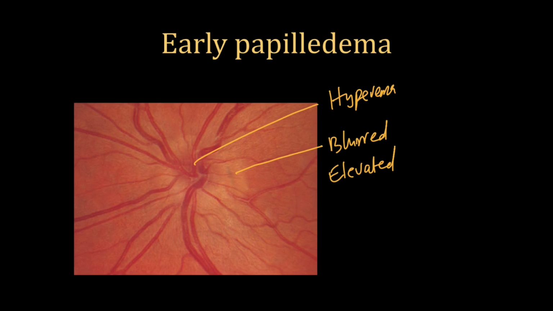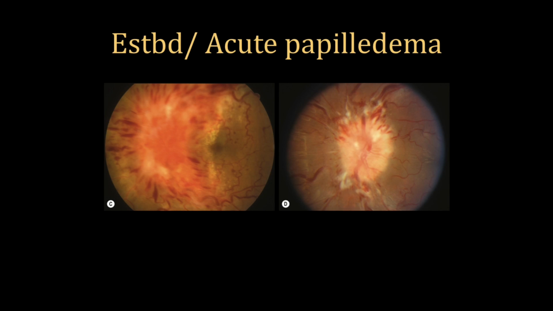And there are going to be occasional hemorrhages here and there, with very minimal tortuosity of vessels. So these are the features of early papilledema. But in established or acute papilledema, the features are very marked and very